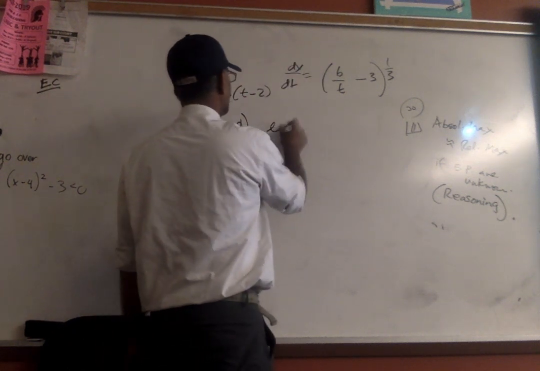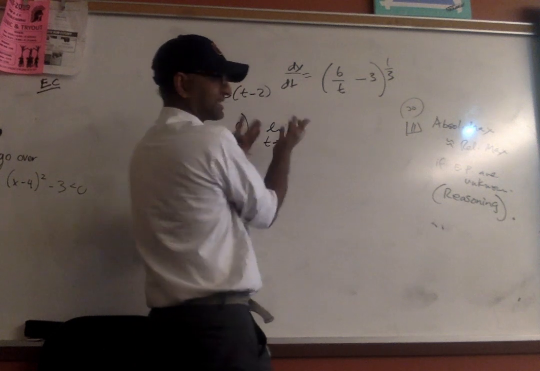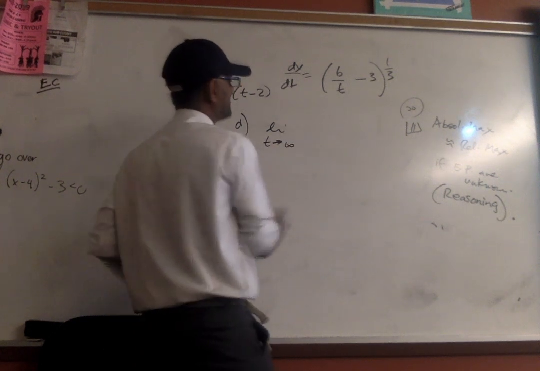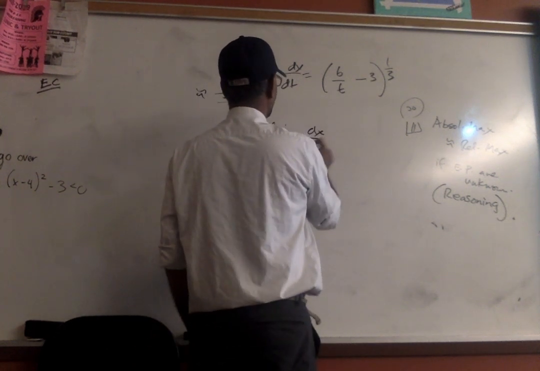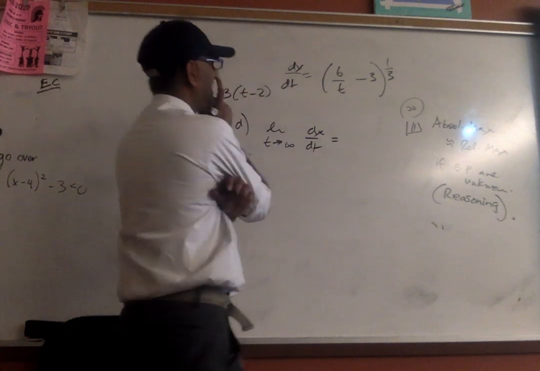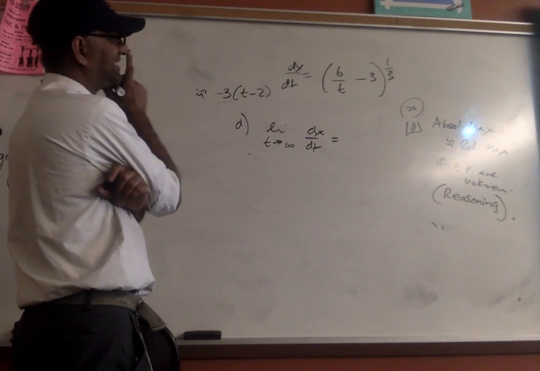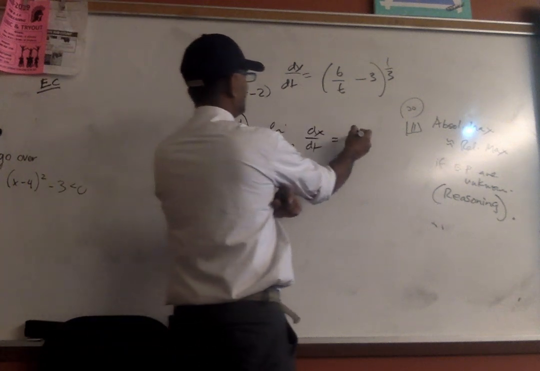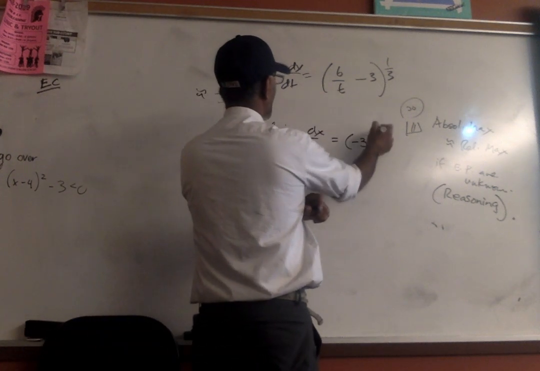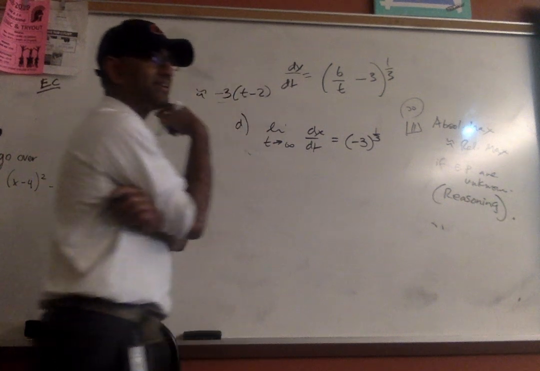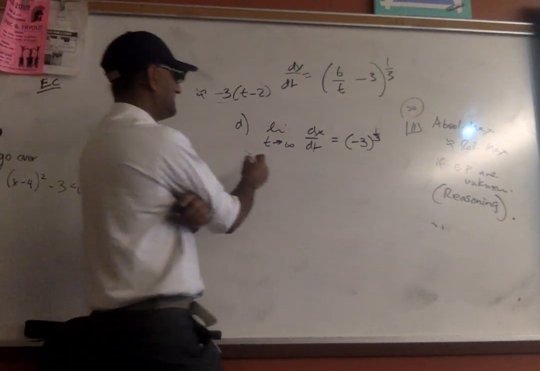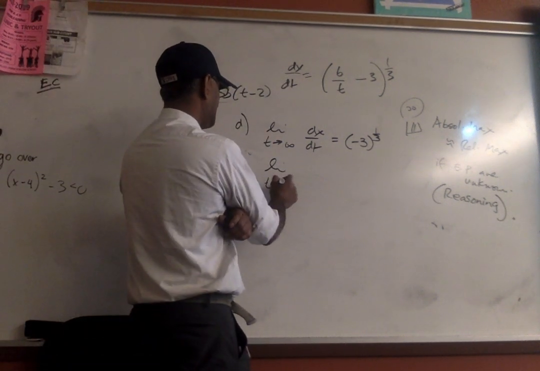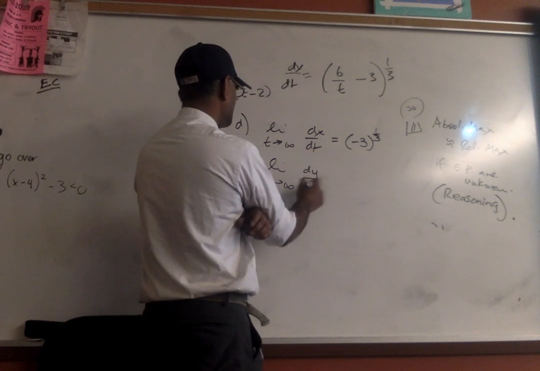So, I'm going to take the limit as t approaches infinity. I don't have x, but I can see what's going on with that function of dx over dt. If I take the limit, what do I get? Negative 3 to the power of 1/3. Everybody okay there? And then, if I take the limit as t approaches infinity of dy over dt,